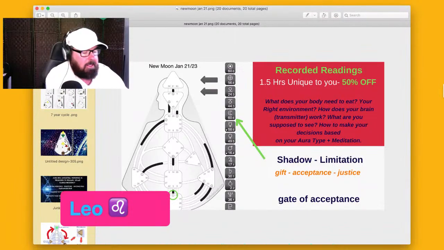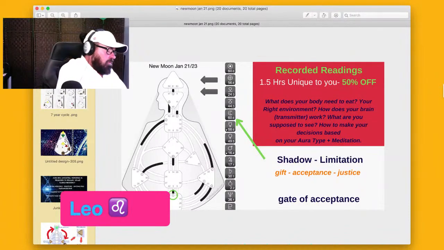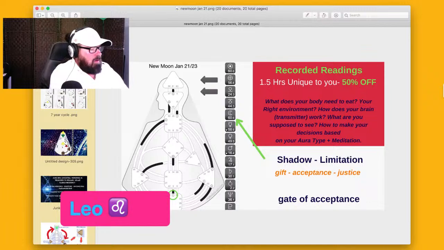So feeling limited in your work. This isn't like sole purpose career. This is like the work that you have to do every day. You may or may not like it. Leo, it's something you have to do every day. It's also your house of health.